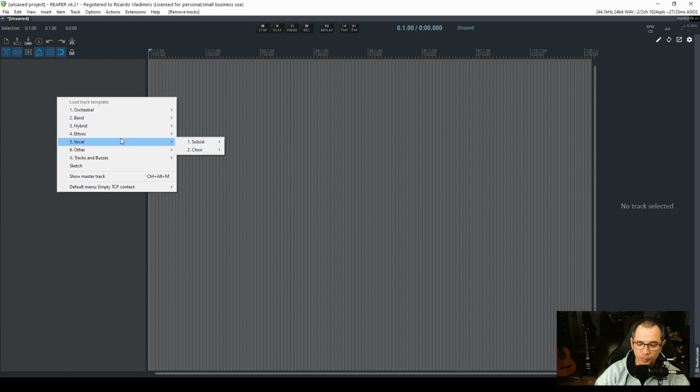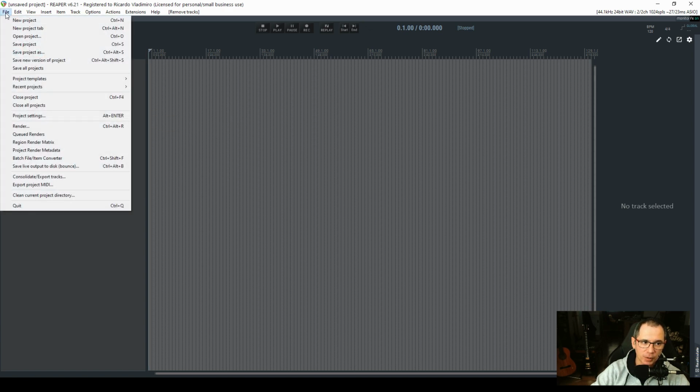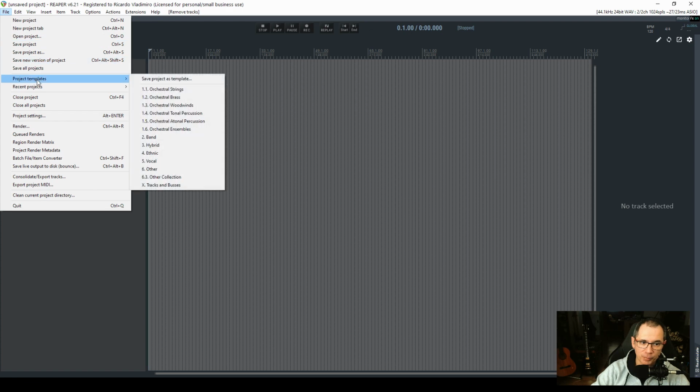So that's the first point, is that I tend to spend quite a bit of time tweaking Reaper so that it does exactly what I want it to do. Okay. The second point that I want to show is that I actually have project templates. Although I don't use any project template to start a project, I have a number of project templates. This doesn't mean that I use them as actual project templates. So I'm not going to start a project with orchestral ensembles, for instance. What I use the project templates for is,